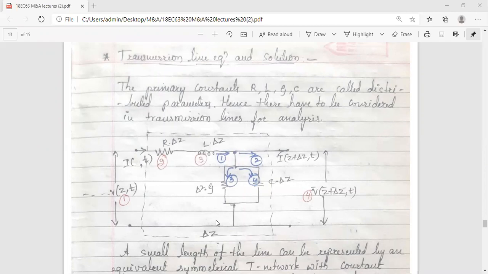But here, for this circuit, we will apply the Kirchhoff's laws. We will find the differential equations through those two laws. So we are applying two laws, so two equations we will get, second order. If we are having two equations, obviously we will be getting two outputs. When we apply KVL for one parameter, we will get the differential equation. When we solve that particular equation, we will get one output. Similarly, when we apply KCL, we will get the second equation, so the second solution will be the second output. So two outputs we are going to get.